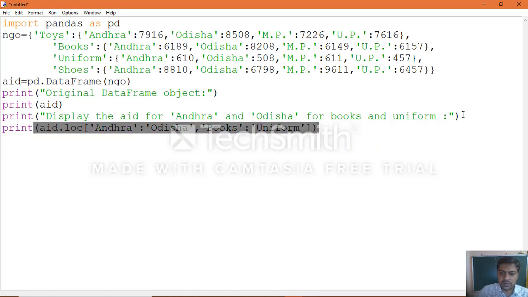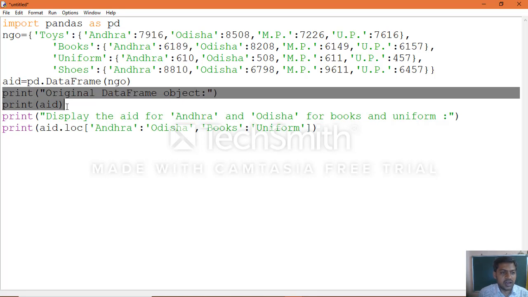Then close the print function. So this is the complete example. Printing the original data is optional, and without those two statements, this is the complete example for example 32 on page number 44 in the textbook.